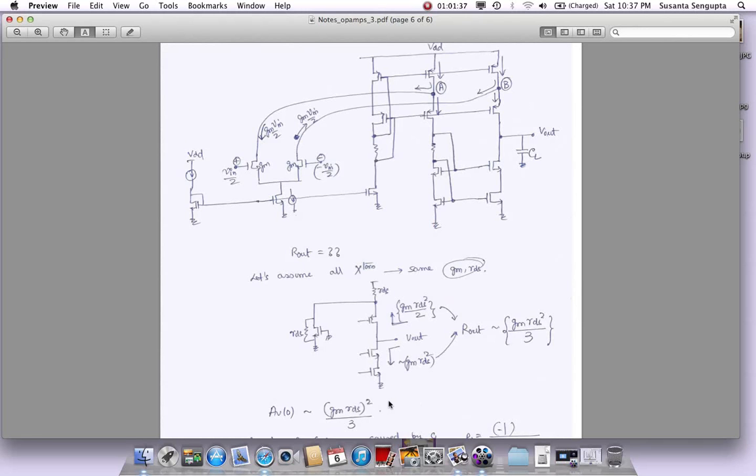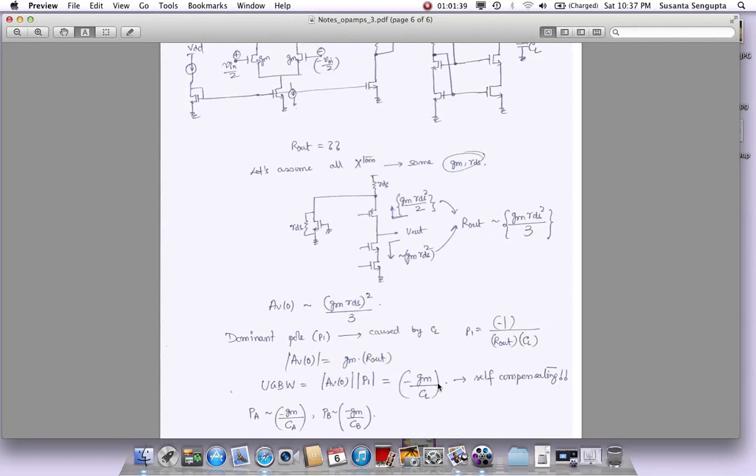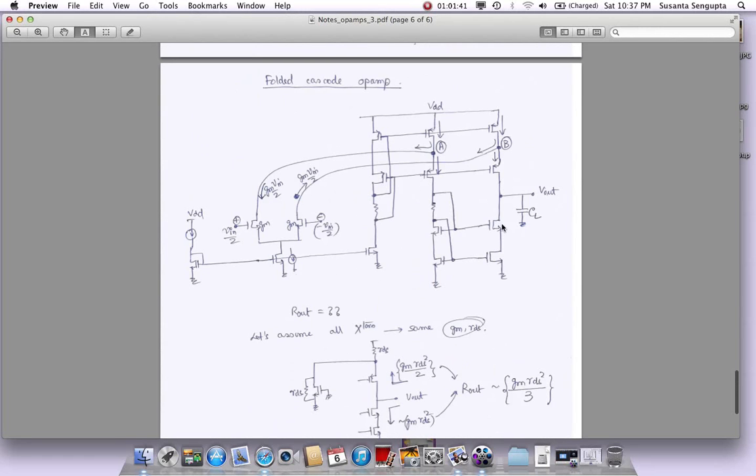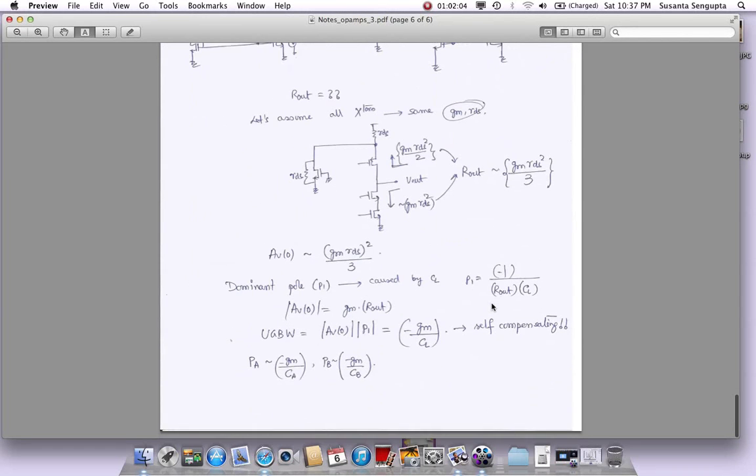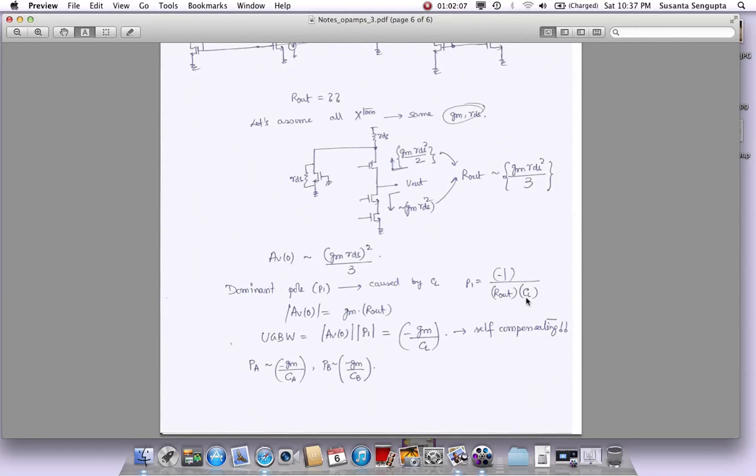So that way you can find the gain. And about the pole, as I mentioned earlier, the dominant pole here is going to be because of this dominant output resistance here, and CL. Because all the other nodes, the impedances at all the other nodes is roughly 1 over GM. And if it becomes 1 over GM, then you just have to assume that those poles are far out. Okay, so the dominant pole in this case becomes roughly 1 over RC, which is R out, the big expression,